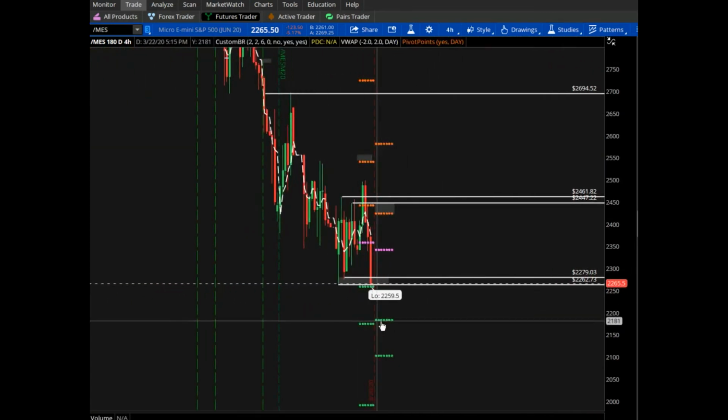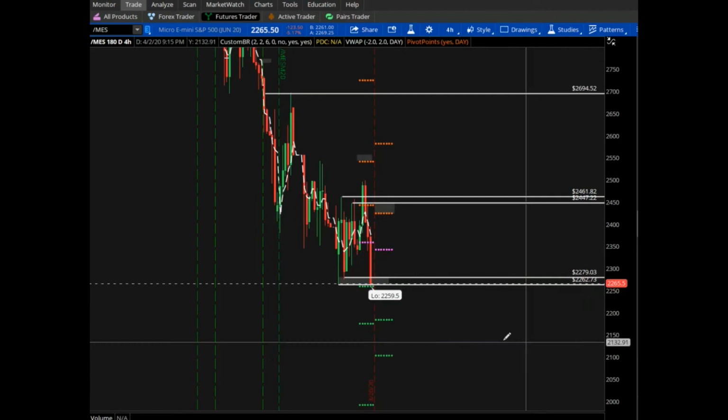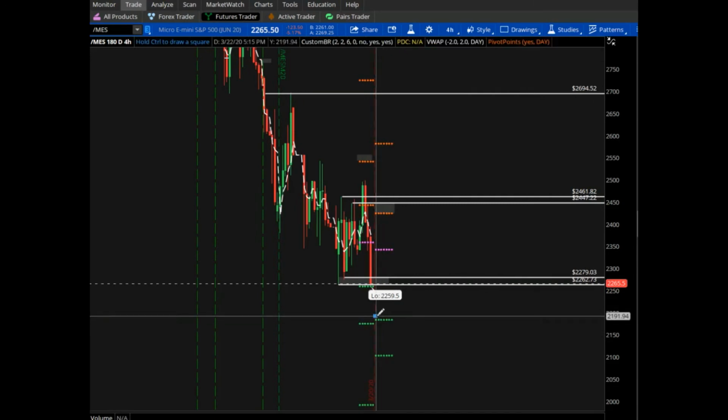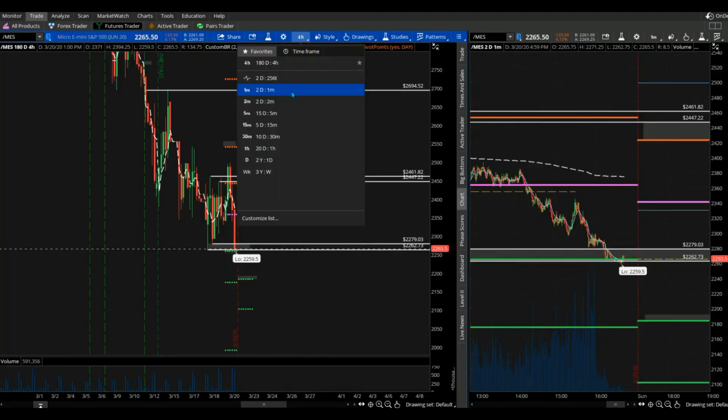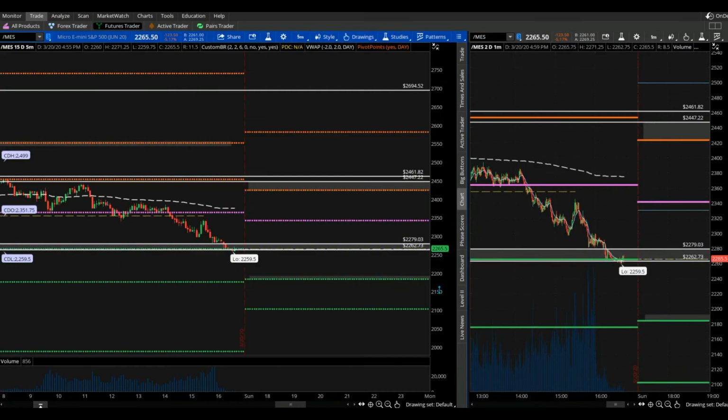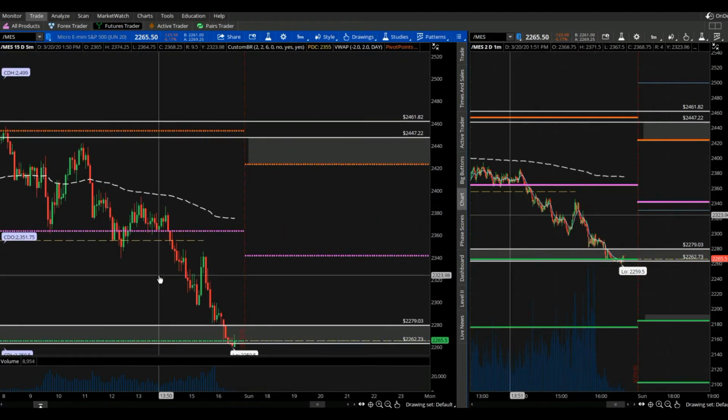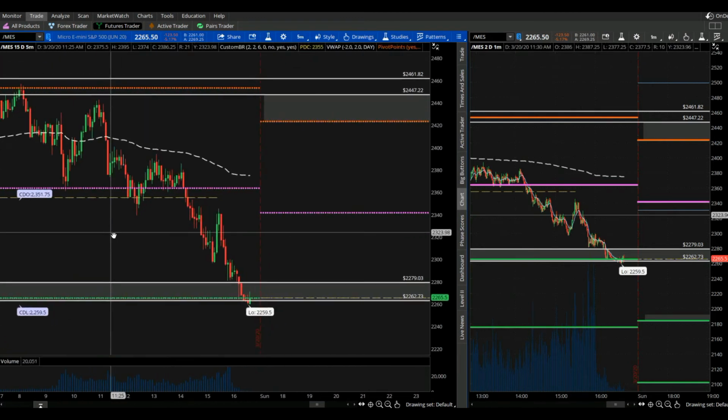So if we don't have anything, what we can do is just draw a box, just as a reminder that, hey, this is an area of support, and then we can see how price reacts. All right, let's go back to the 5-minute. So this is kind of what I do, I build out my zones. Also,